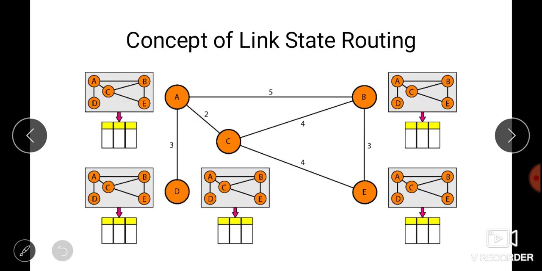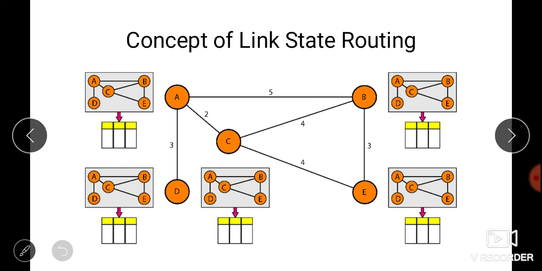Okay, next we will see another algorithm, which is the link state routing algorithm. It is also an intra-domain routing algorithm. So in link state routing, each node in the domain has the entire topology of the domain, the list of the nodes and the links, how they are connected, including the type, cost, and condition of the links. Basically in this link state routing we are using Dijkstra's algorithm.